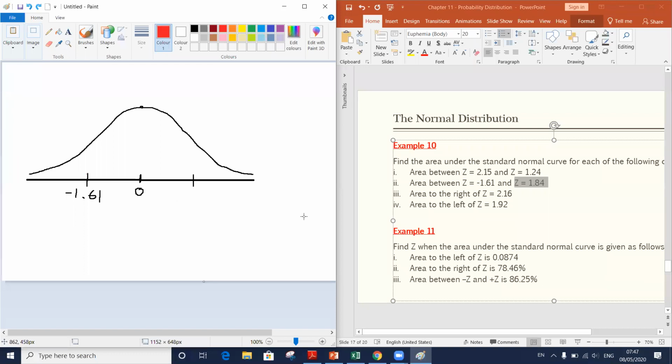Area to the right of z equals 2.16. If it is z equals 2.16,